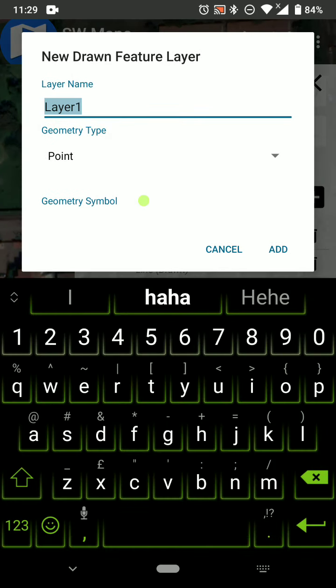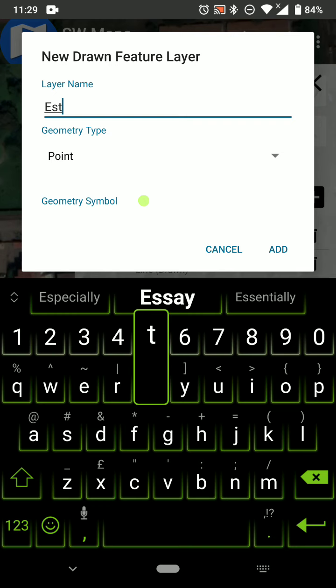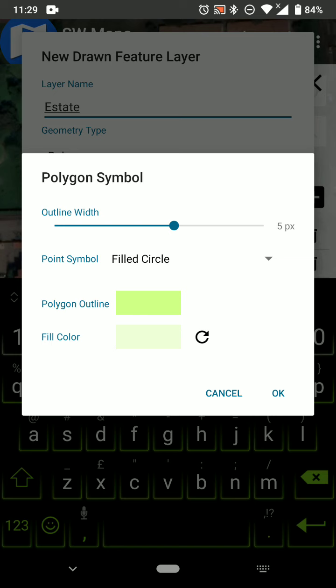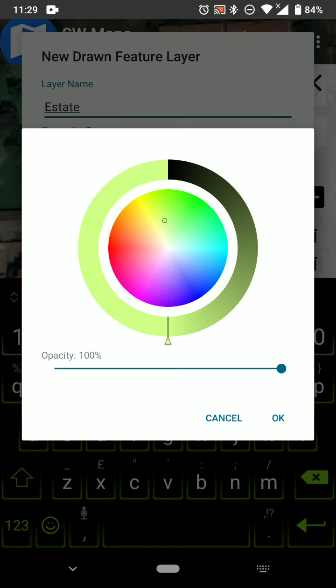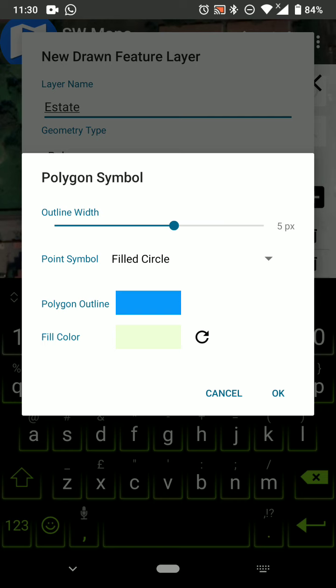Let's call it estate, and this will be a polygon. And we can put this polygon, let's give it a blue color. You can notice that we have two